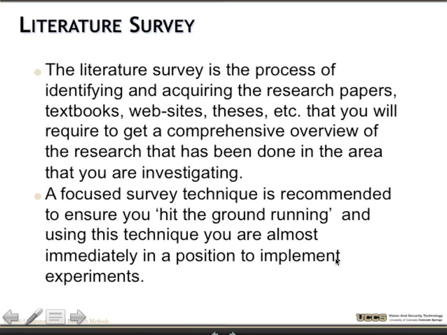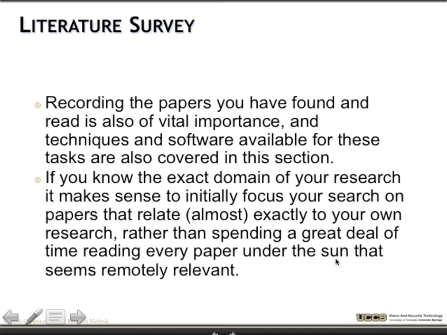And sometimes people get lucky and there's a problem sitting early in their survey. Other times you spend a lot of time going through it. Either way, some of those will become part of your literature survey, literature review of your papers. I actually consider it very important that you record the papers you found,